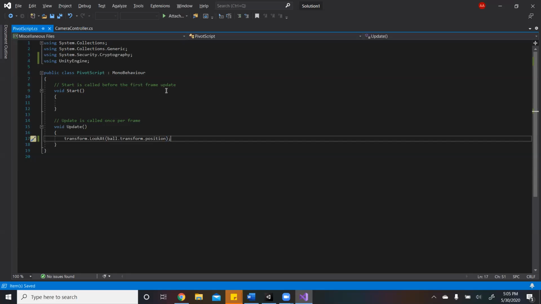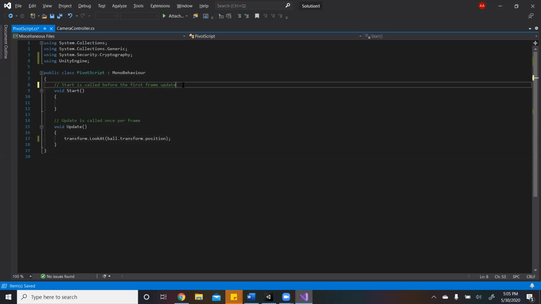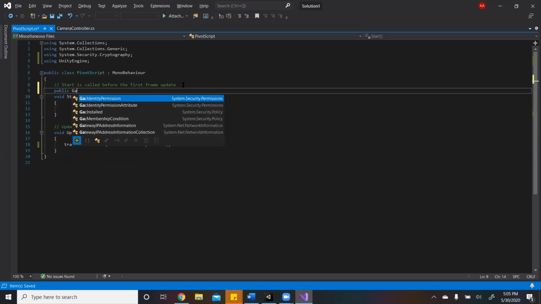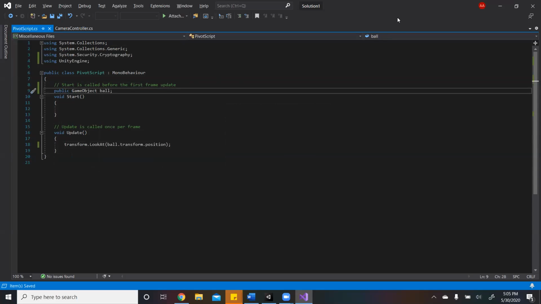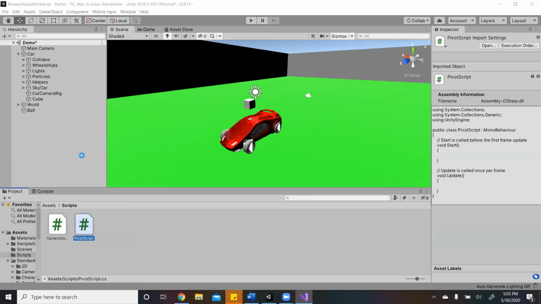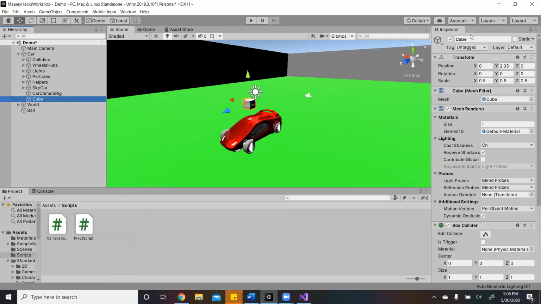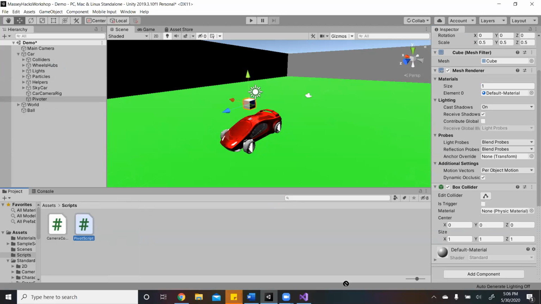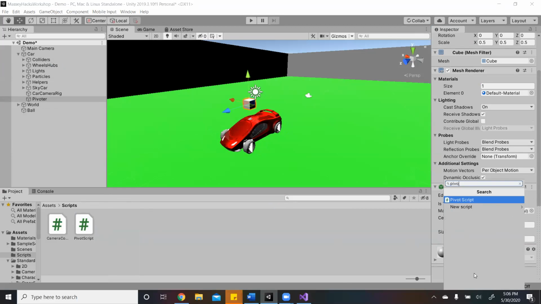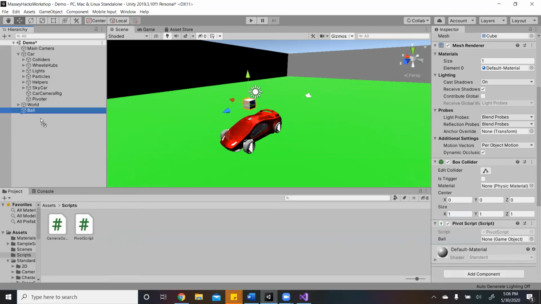Okay. And what we're going to need to do though is we actually need to have a reference to the ball. Right? It's just a simple 2-line script, 1 line pretty much. And all you need to do is put this on, we'll call this the pivoter. Put this on that, just like that. Pivot script, you add it, and then you put the ball as a reference. And now if I click play,